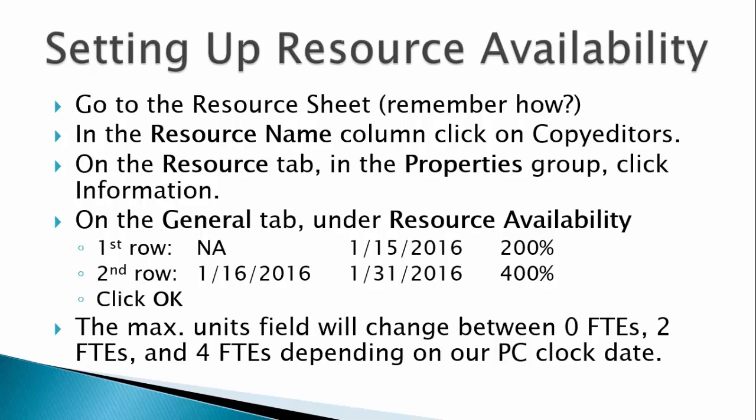Following the instructions on this slide, we can go to the resource properties and define availability. Let's assume there are only 2 available through 1/15/2016 and 4 available for the remainder of the month. Using the resource availability feature, we can set this up. Note that the maximum units field will change between 0, 2, and 4 full-time equivalents depending on your PC clock